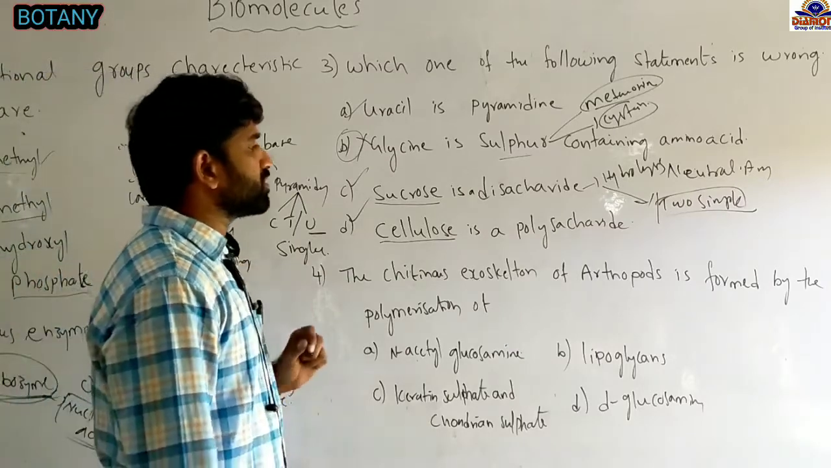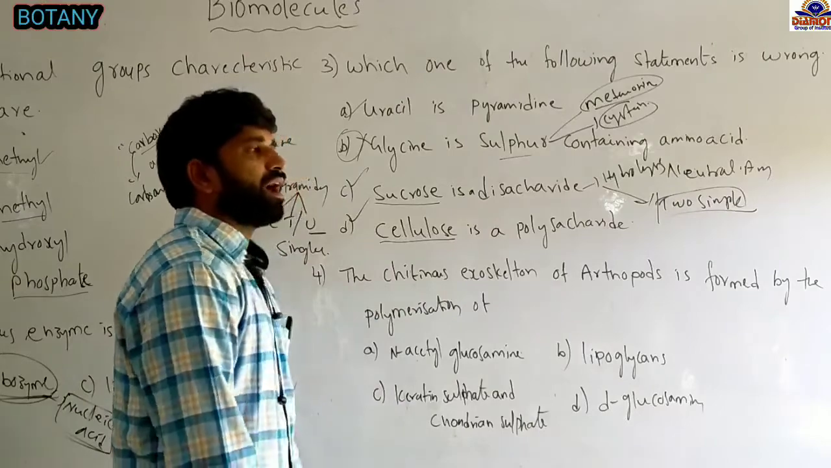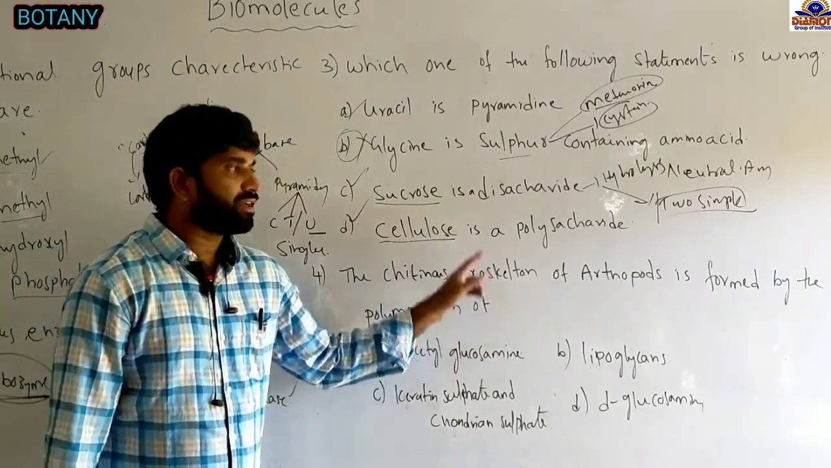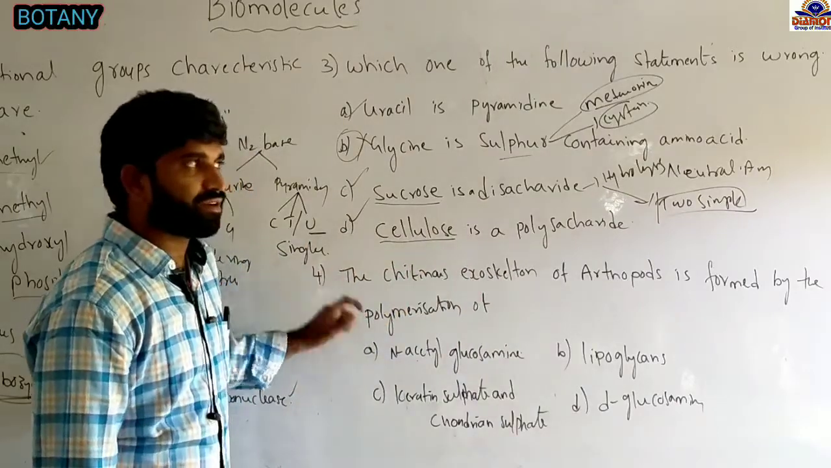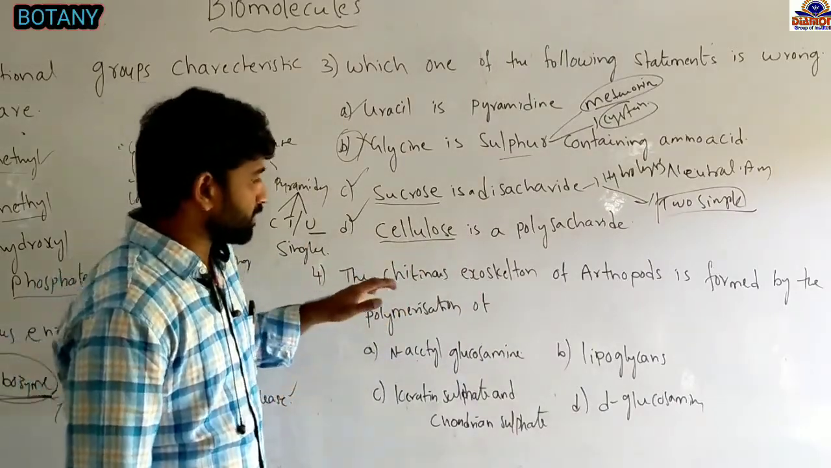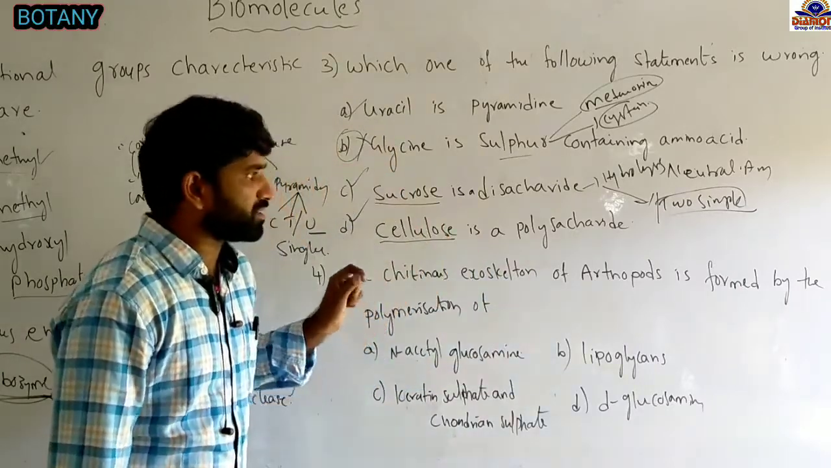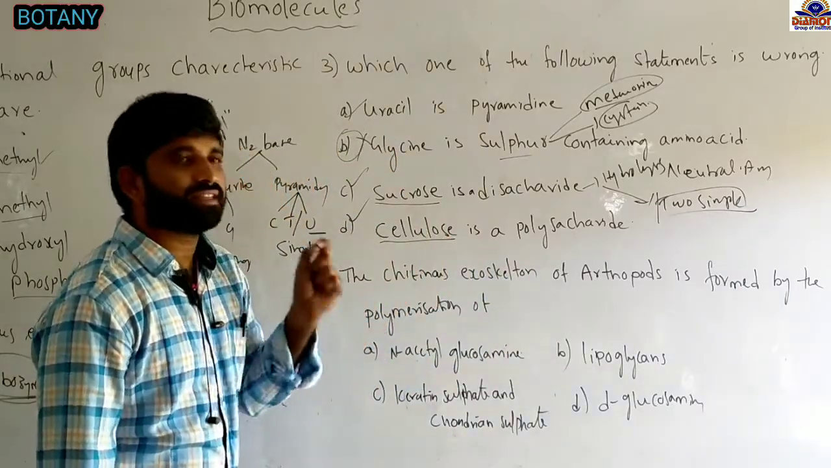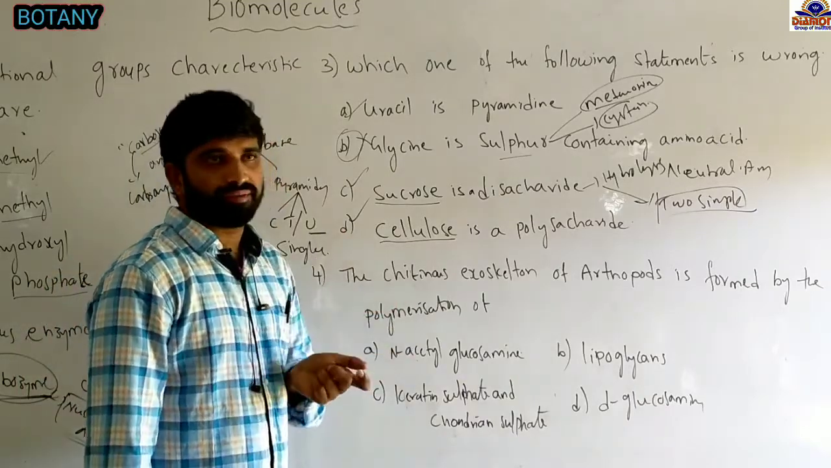And the next question: the chitinous exoskeleton of arthropods is formed by the polymerization of. Arthropods are the most abundant group among living organisms, and their exoskeleton bodies are made up of